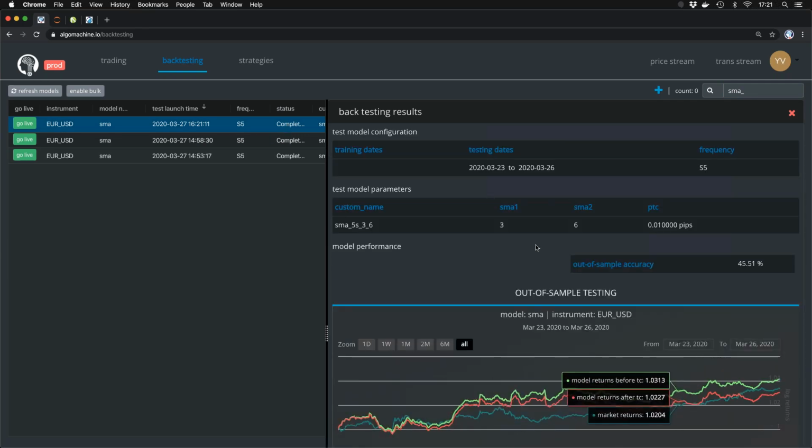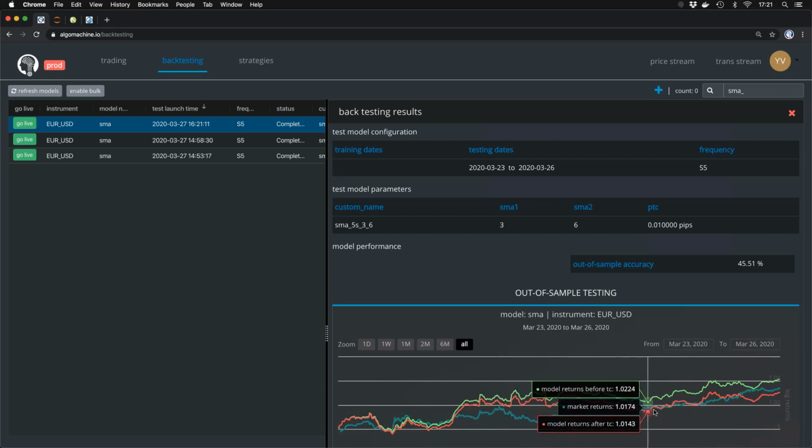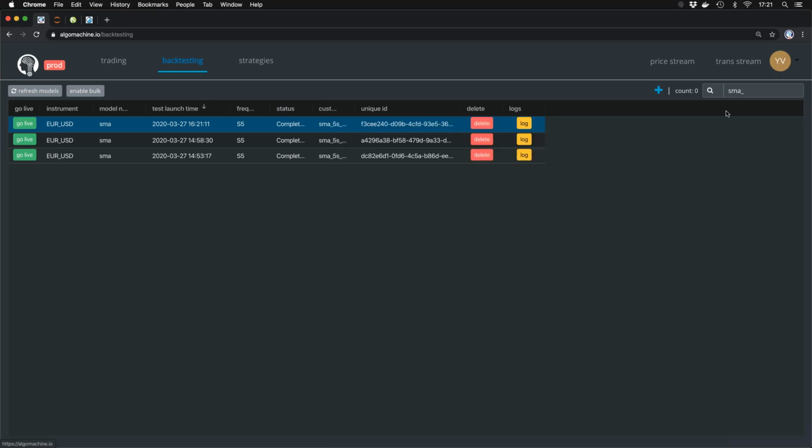We see here the results, presenting only out-of-sample performance. Accuracy is not that high, but this is just for illustration. The curve here is similar to what we have seen before. We also see the red curve after transaction cost. I have cheated here a bit with regard to transaction cost so that it doesn't look too bad, because with the 1,000 trades or whatnot, we would have a pretty negative result. So now we come to the one-click deployment, and let me quickly check.